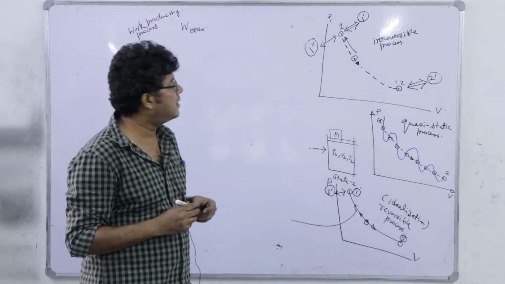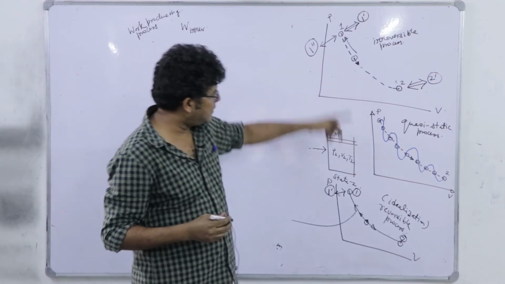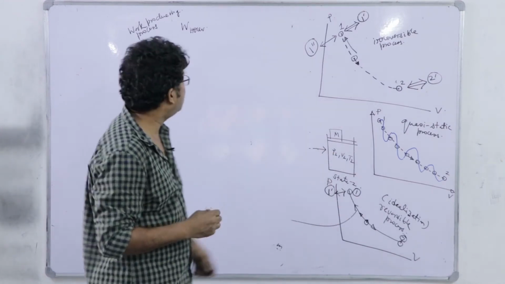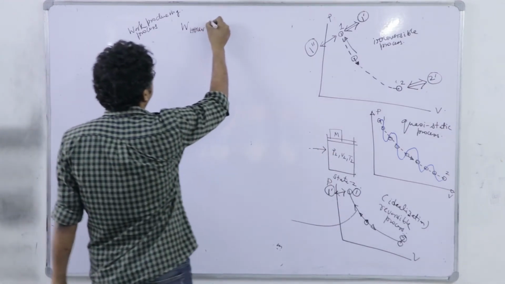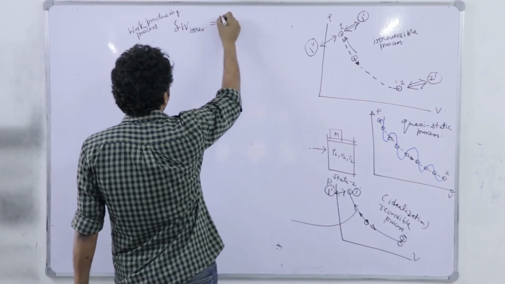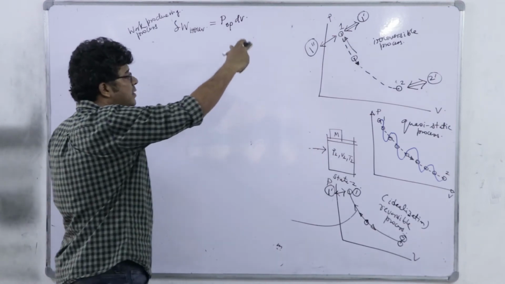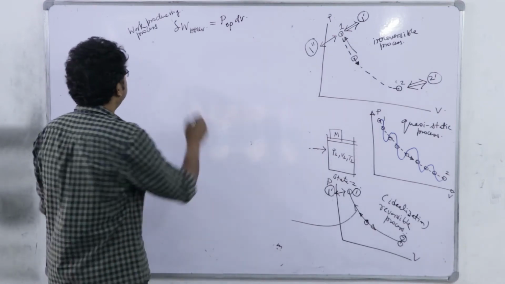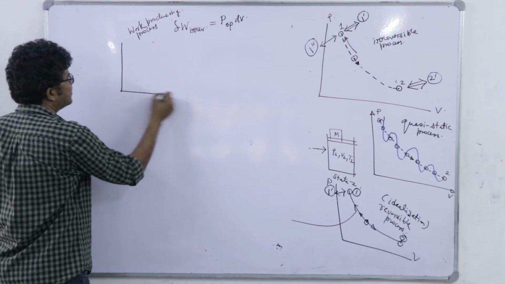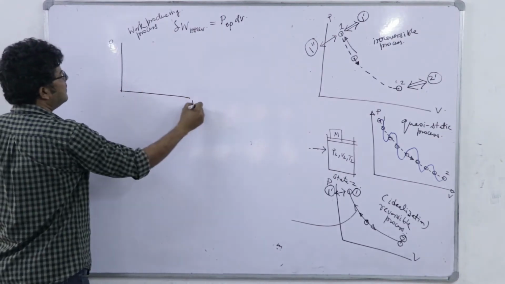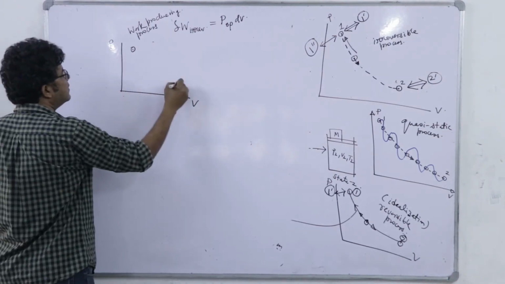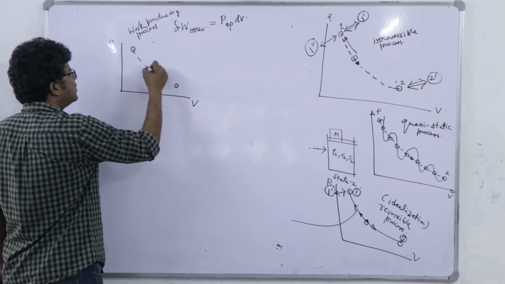So these are work producing steps or work producing processes. So del W irreversible, we know that it is P opposing dV. Now for the irreversible process, let me draw this again: PV, state 1, state 2,